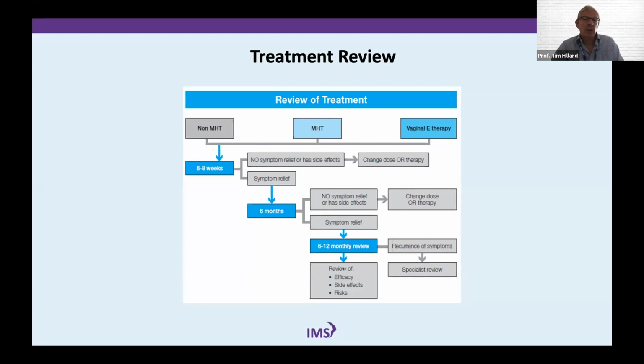It's very important that patients understand that they've got somewhere to come back to if they have concerns, because so often women start treatment, have a problem and don't know where to turn to, they will just stop taking it and not get the benefits longer term. So some form of review, whether it's with yourself or with a primary care physician or with a specialist nurse or whoever, is important to build into the initial pathway.